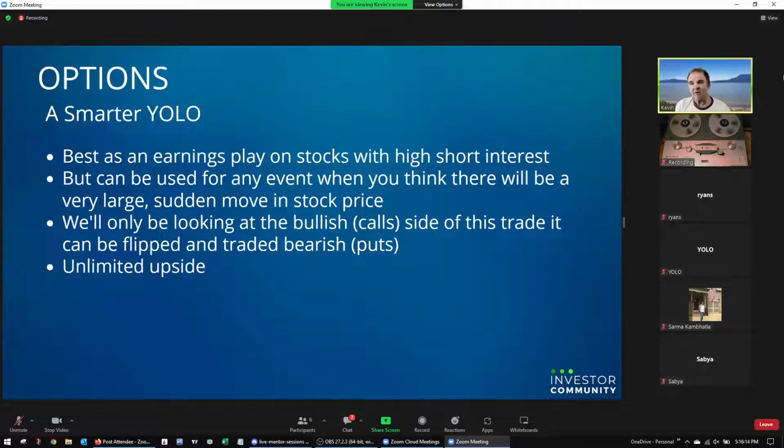There is unlimited upside in this trade. The upside is determined by the stock price, obviously, and the amount of time that you can stay in it. But if you had used this trade on something like GameStop or AMC back when they had their short squeezes, this would have worked fantastically for that.